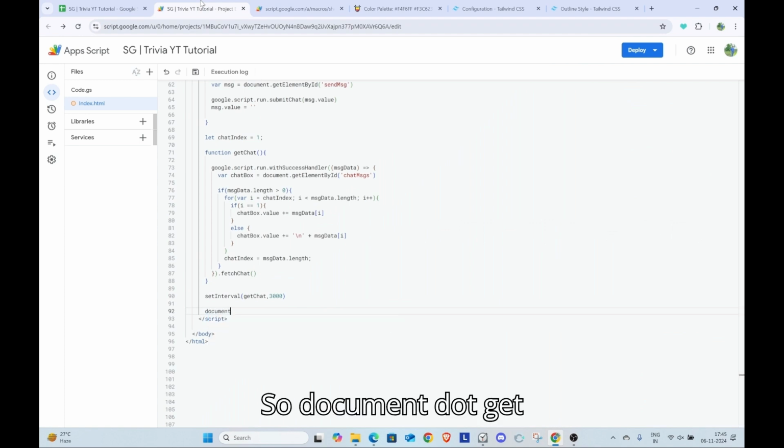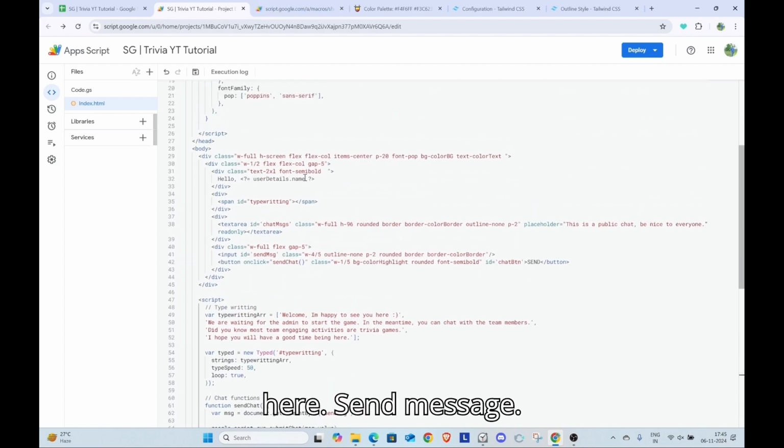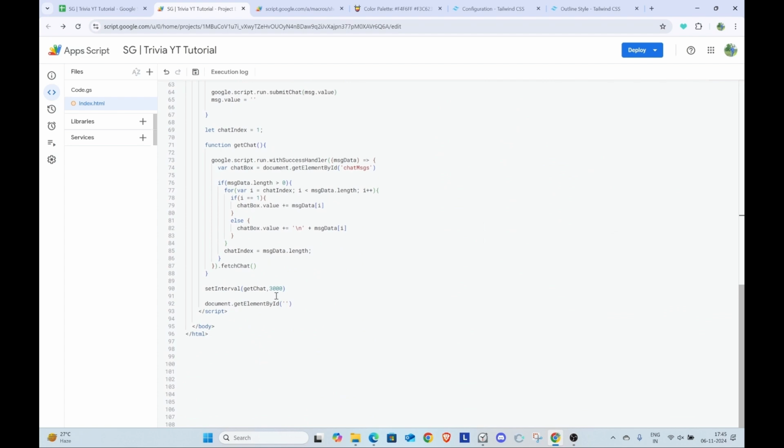So document dot get element by id. So the id is the input here, send message, dot add event listener